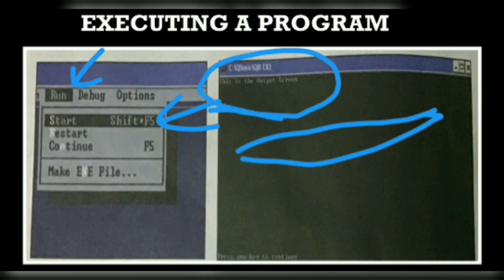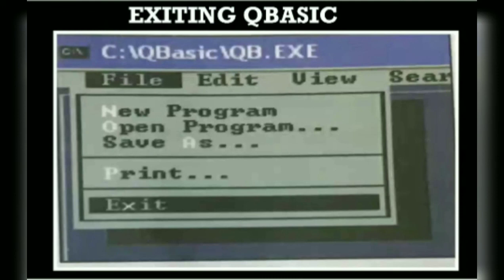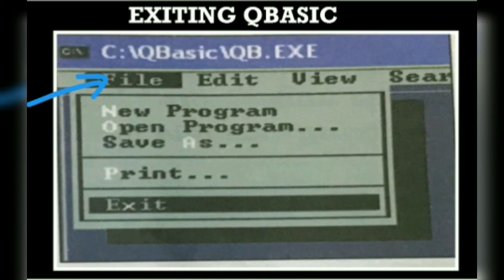Another option is, if you want to run your program, you can press the shortcut key F5 from your keyboard. So you can run your program from the run option or the F5 shortcut key. To exit from the QBasic window, you have to click on file, then select the exit option.